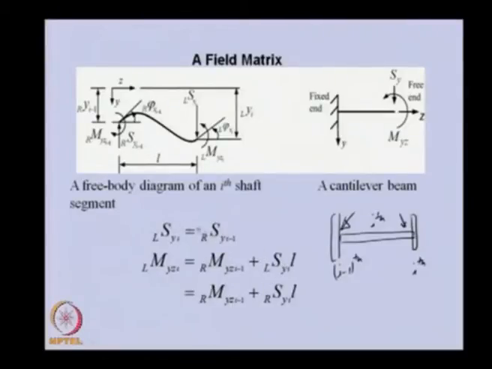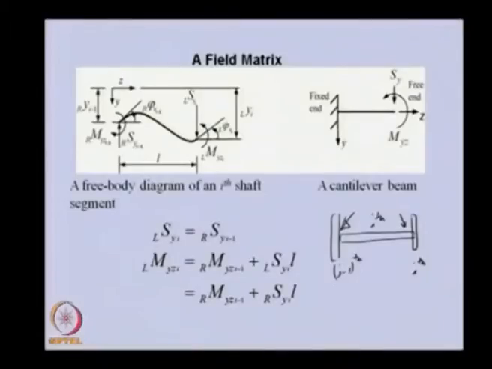Using this first relationship, because both the shear forces are the same, we can even replace left with right, so there will not be any change. So you can see that now we have represented the field variables: here all are on the left side, and here all are on the right side of the ith disk. Now we want to relate the displacements.